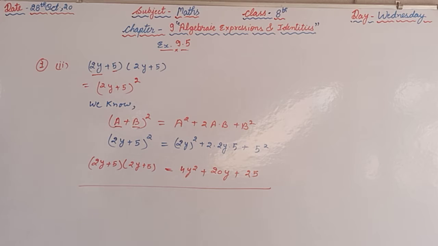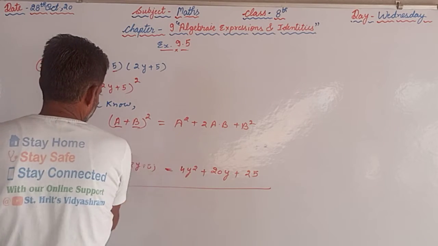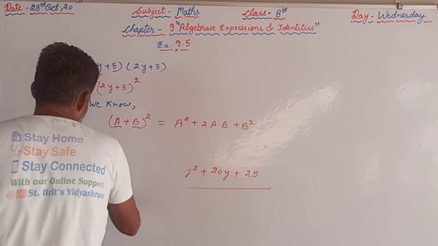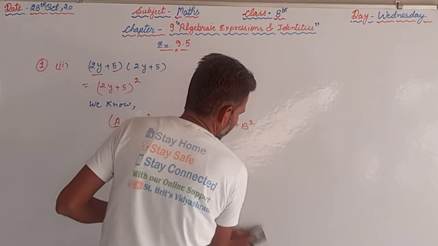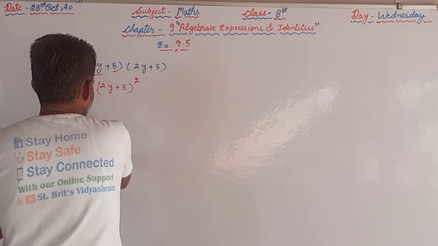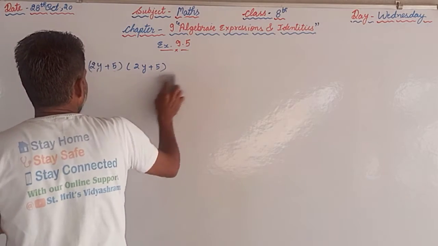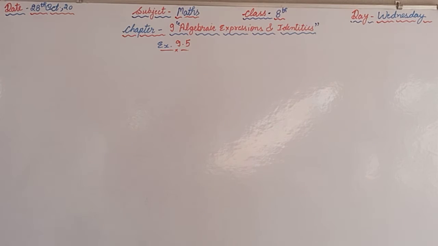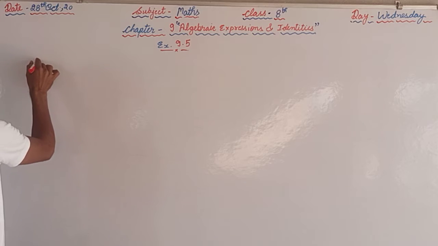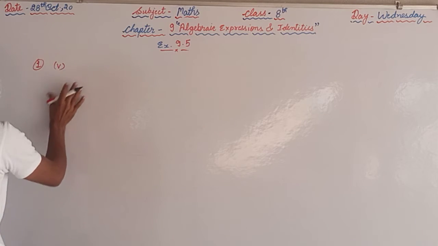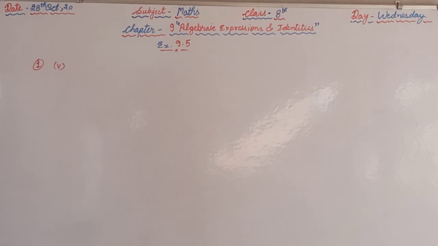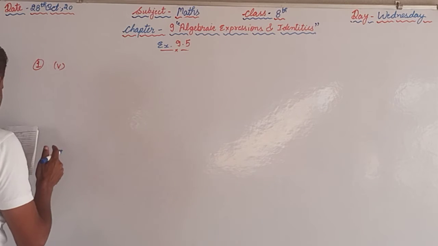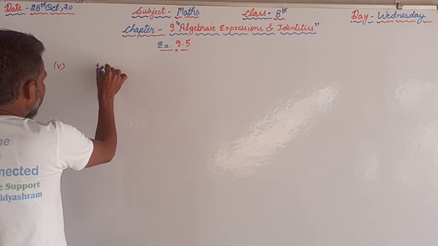After this we are supposed to discuss question number 1 part 5th. In that part we are supposed to use a different identity, and that is (1.1 m